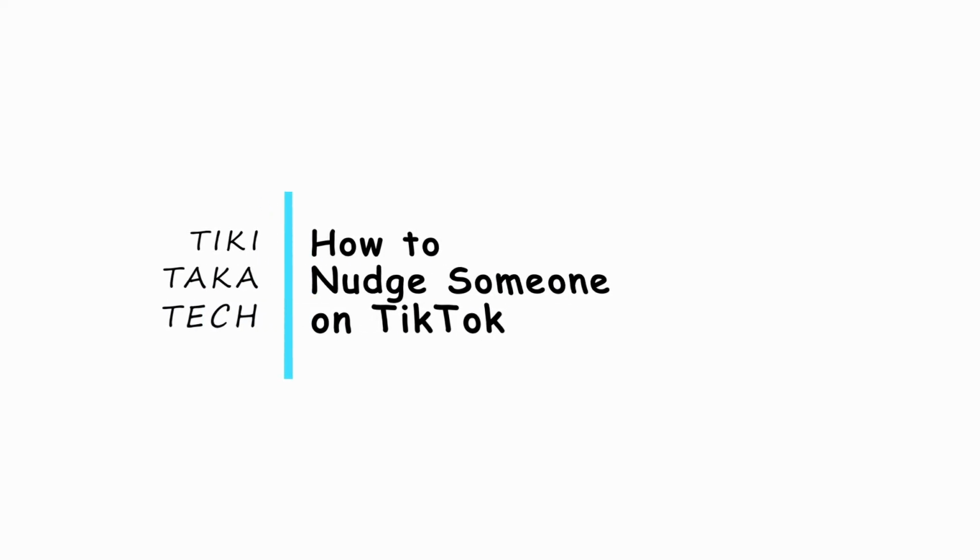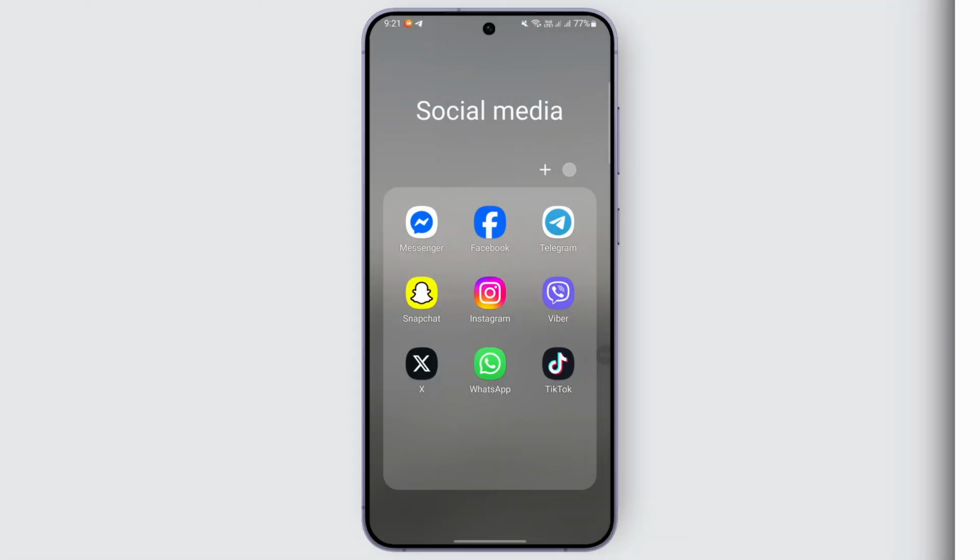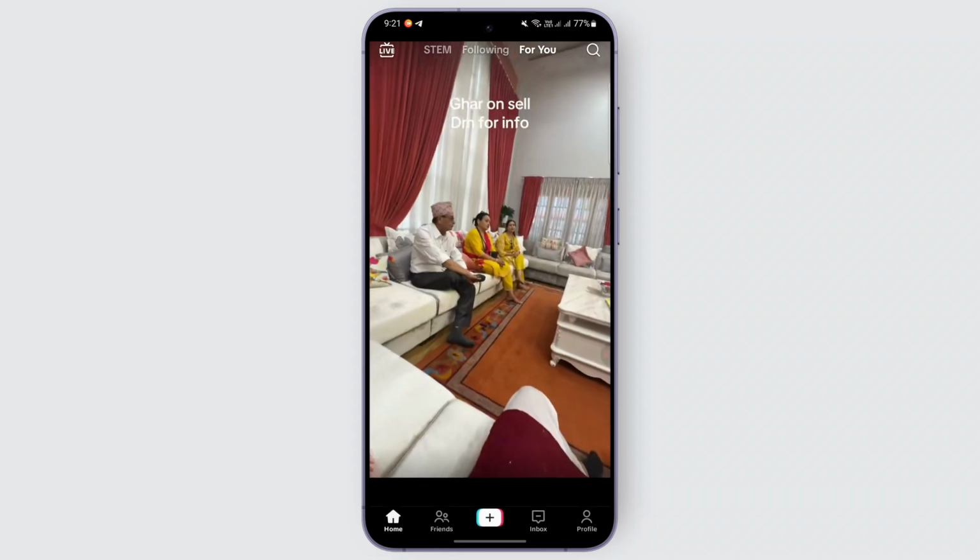How to notch someone on TikTok. In order to do so, you may follow these simple steps. So open up your TikTok application and then log in to your account if you are not logged in, and you should be finding this